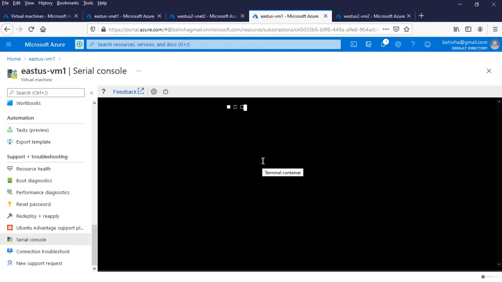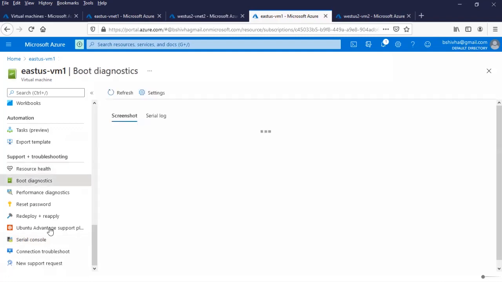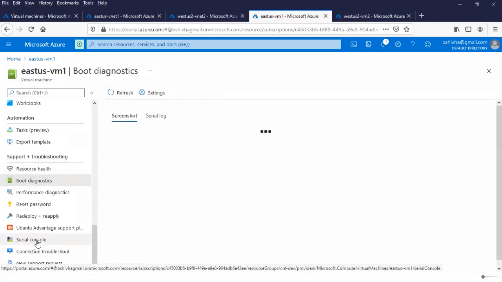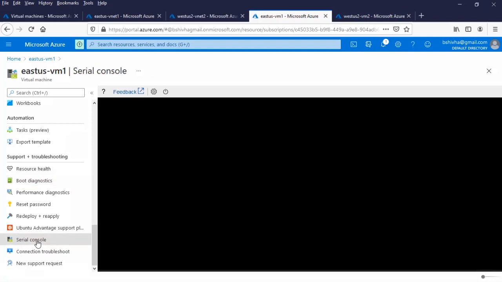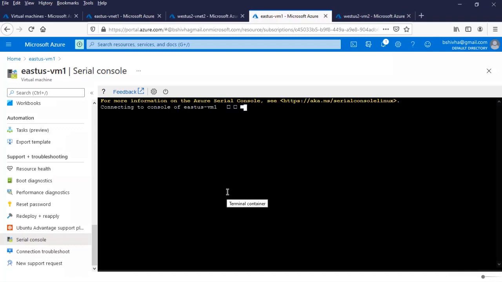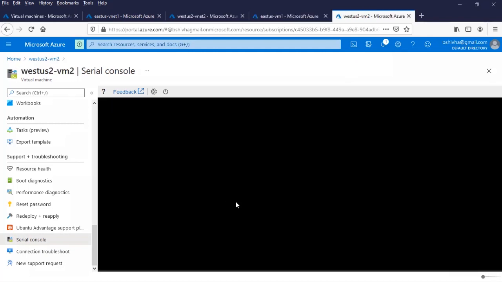Sometimes it will take some time. So wait for some seconds. So we need to log in and test from this machine to the other machine, and from the other machine to this machine.